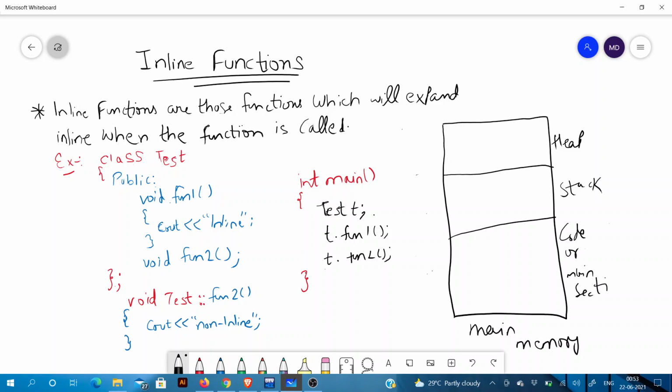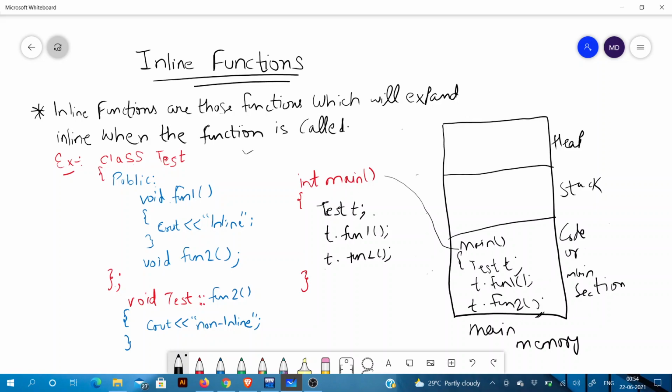In this main section, the main function will be there. I have created an object, Test t. Then we'll call a function fun1, which is inline in the Test class. I will tell you how it is inline in the Test class and how fun2 is non-inline.